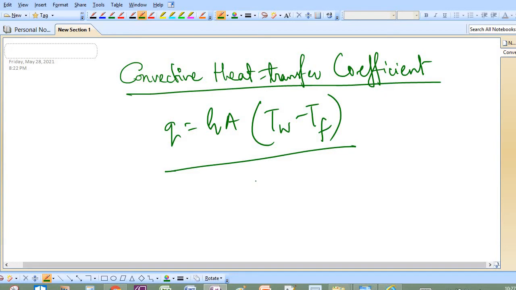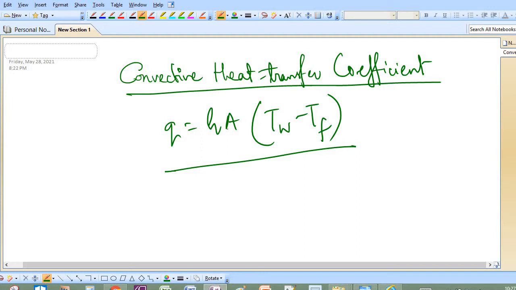As we all know, a hot piece of material will cool faster when air is blown or forced past the object. When the fluid outside the solid surface is in forced or natural convection motion, we express the rate of heat transfer from the solid to the fluid or vice versa. So by this equation, we represent the convective heat transfer.